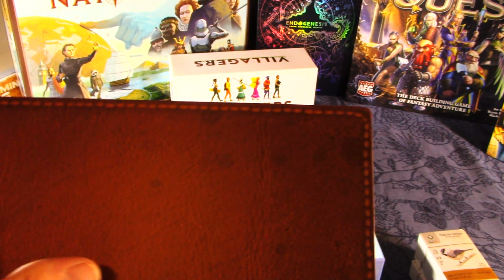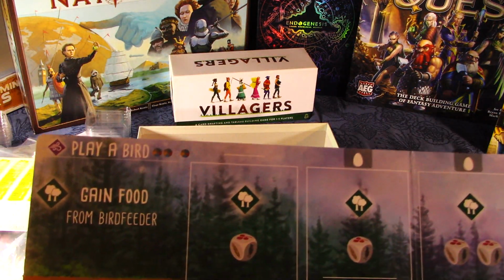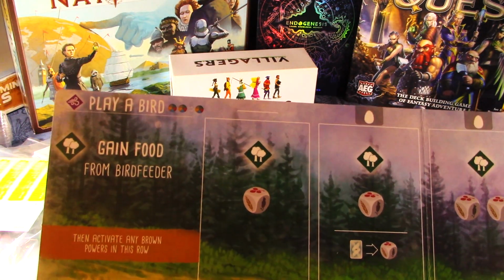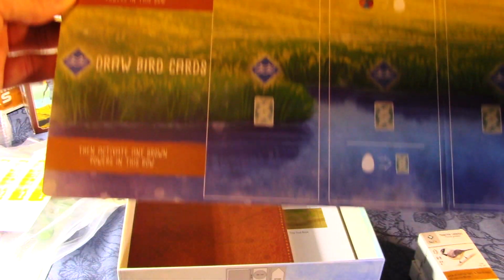They could have just made the back of that just black, but they made it look like a journal. And you open it up, let me open it up the right way, and boom, there is your player board. So you can play a bird, gain food, lay eggs, draw bird cards, activate